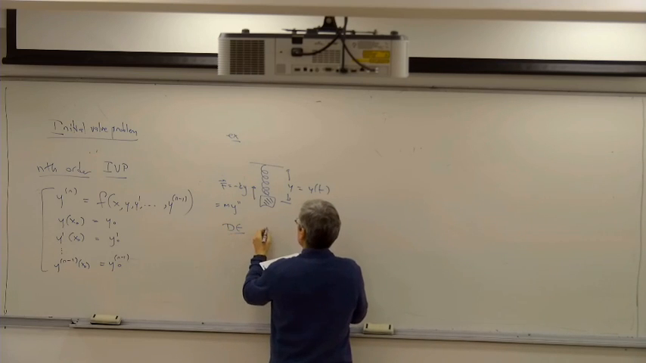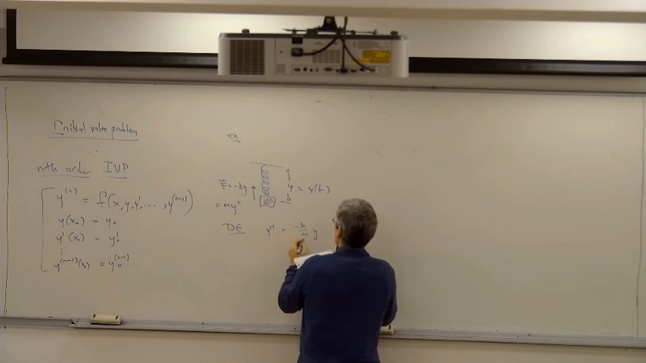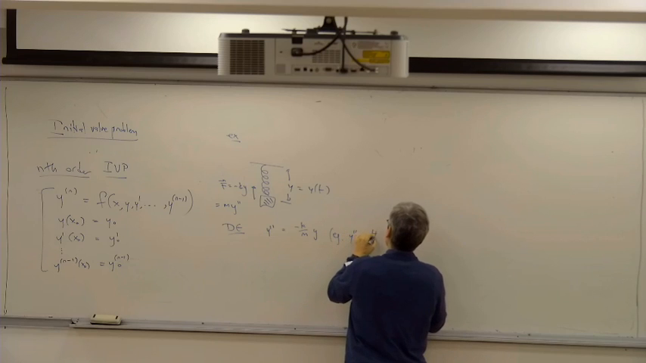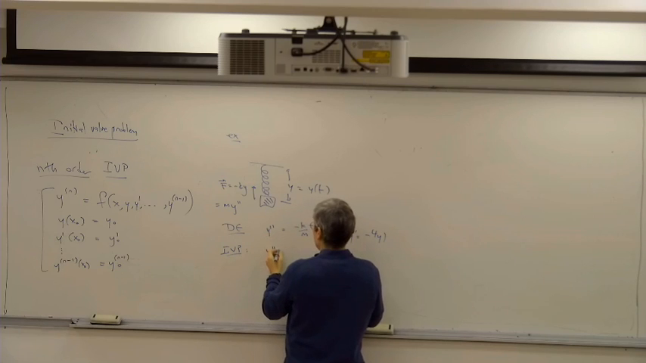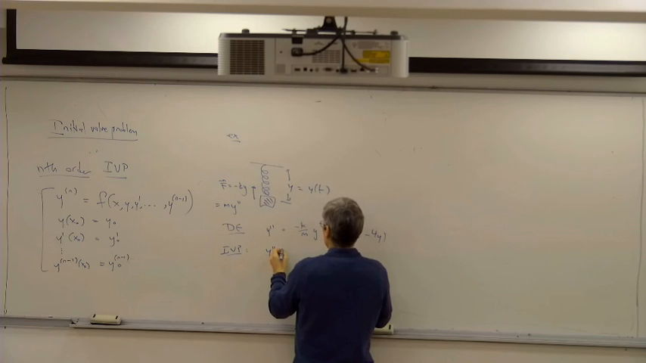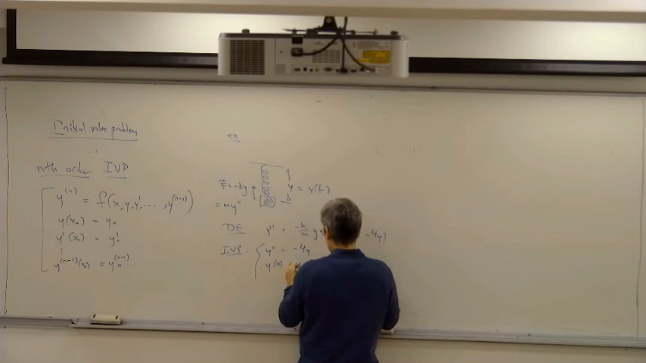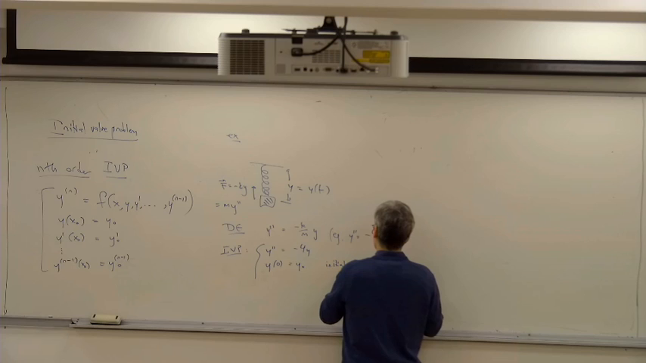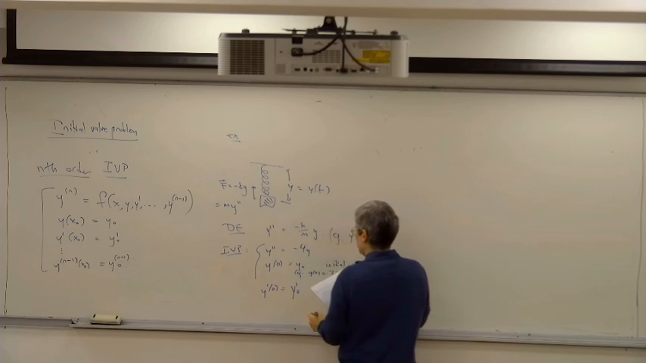So the differential equation, after you solve for y double prime, is y double prime equals minus k over m times y. For example, y double prime equals minus 4y if you want. And then the initial value problem, this is a second order differential equation. You would write y double prime equals minus 4y, and then you specify the initial time, y of 0, for instance, is y0. This is what you might call the initial position. For instance, the initial value is 3,